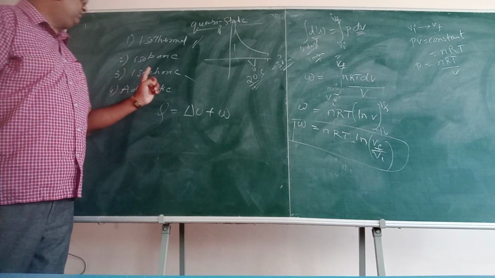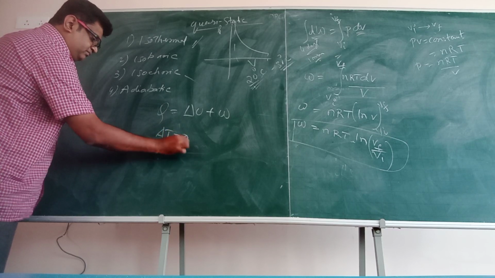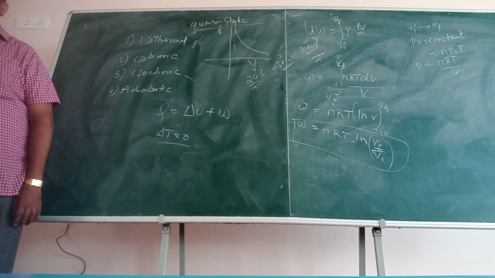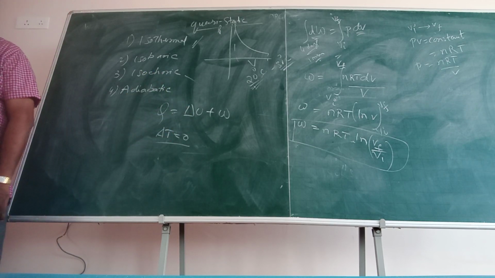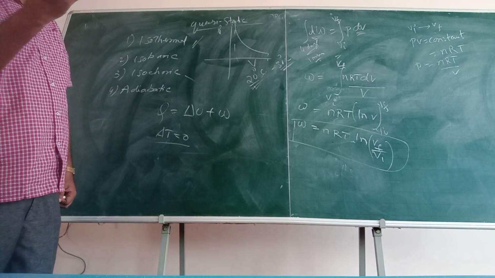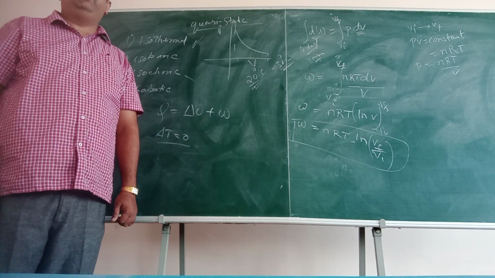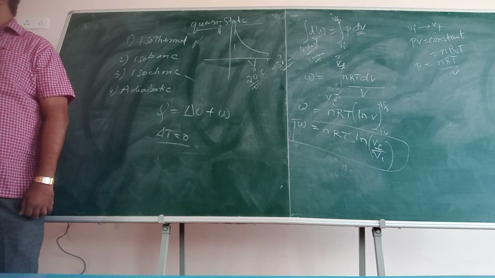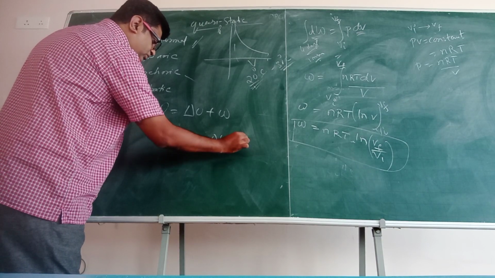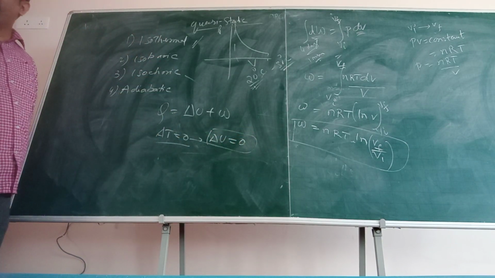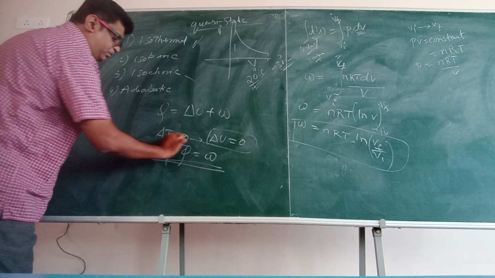Now, very important thing: when you are maintaining temperature constant, can I say delta T is equal to 0? There is no change in temperature. When there is no change in temperature, there is no change in internal energy. If you take a vessel and you simply put it on the stove and you don't put the stove on, will there be a change in the internal energy of the molecules? There won't be any change. So this implies delta U is equal to 0. So in an isothermal process, Q is equal to W. This is a very important point.